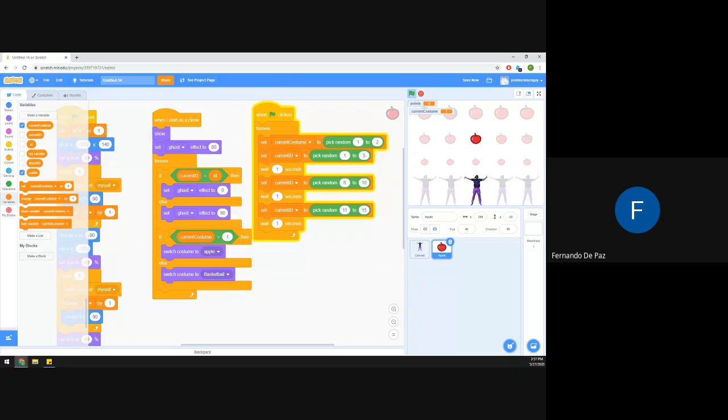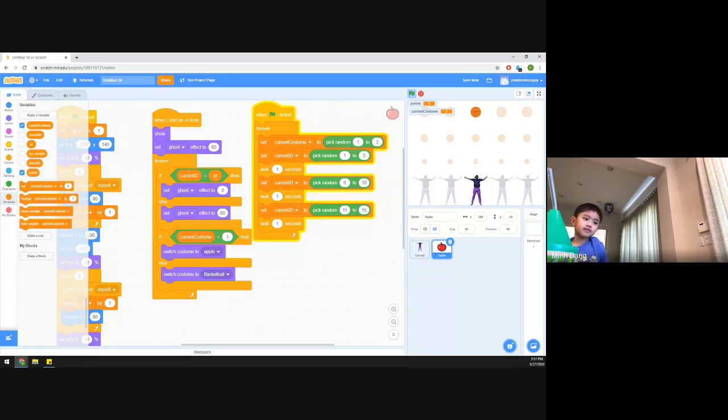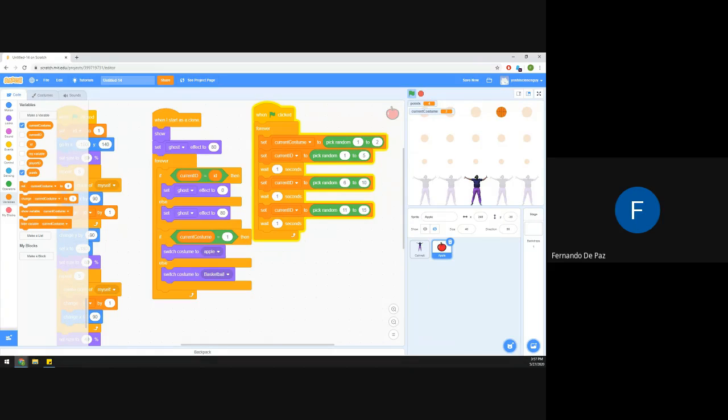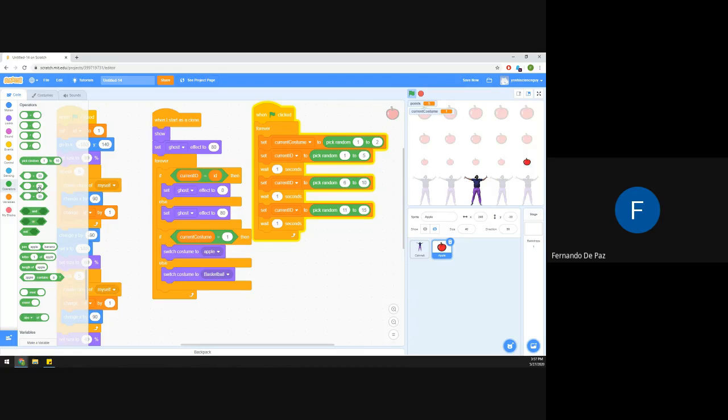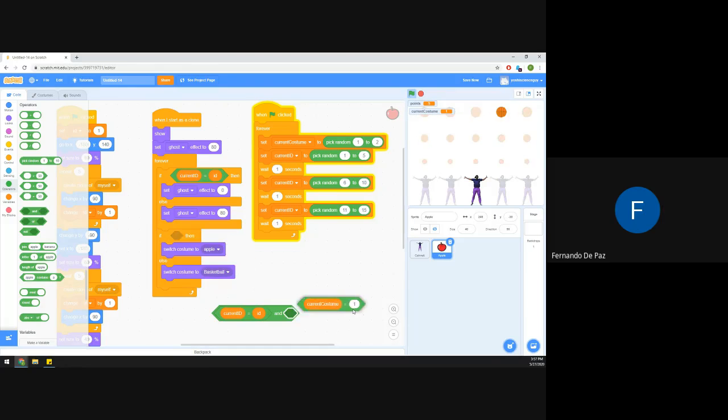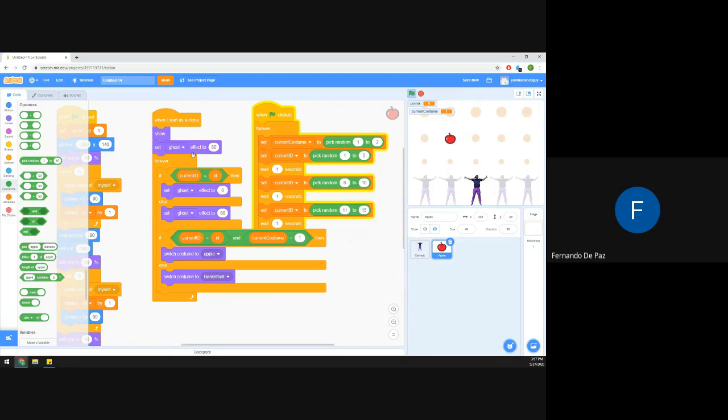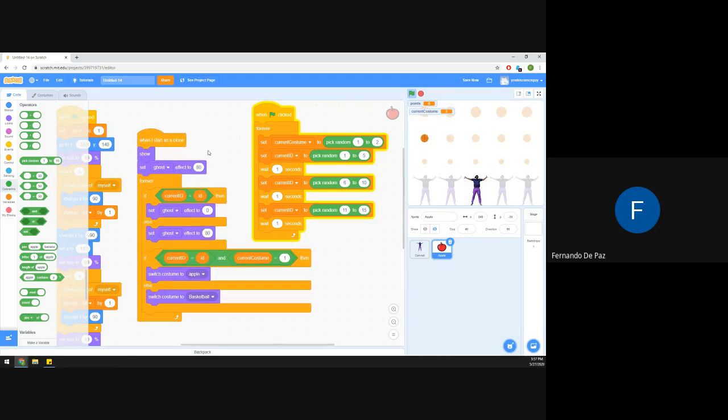So we're just going to edit the one on top of it. You see how the one on top says current ID equals ID. So here we're just going to copy this one, duplicate, and say if current ID and current costume equals 1, then select the apple. Yeah. So now when we press play,